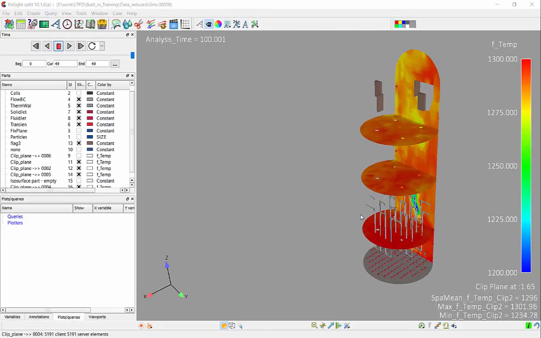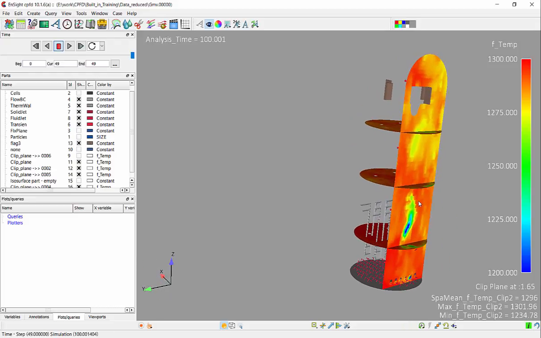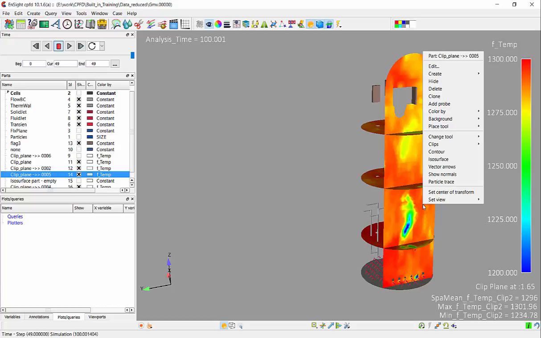In this fourth tutorial, we'll go through some additional query capability within EnSight. We're going to take one of the 2D clips that we have here, this clip in X, and we're going to create a clip in Z based on it. So if I just right click on top of this and say clip in Z,